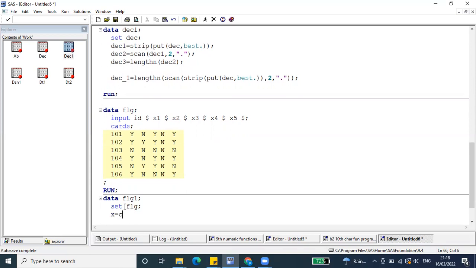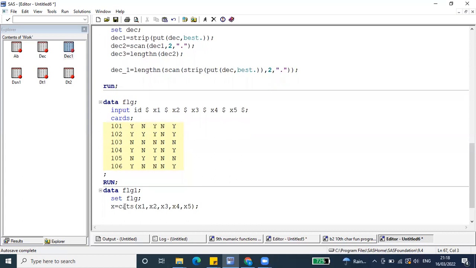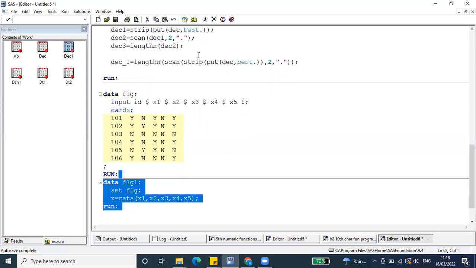X is equal to cat. Cat means strip. x1 comma x2 comma x3 comma x4 comma x5. Okay, now if you run this code automatically,